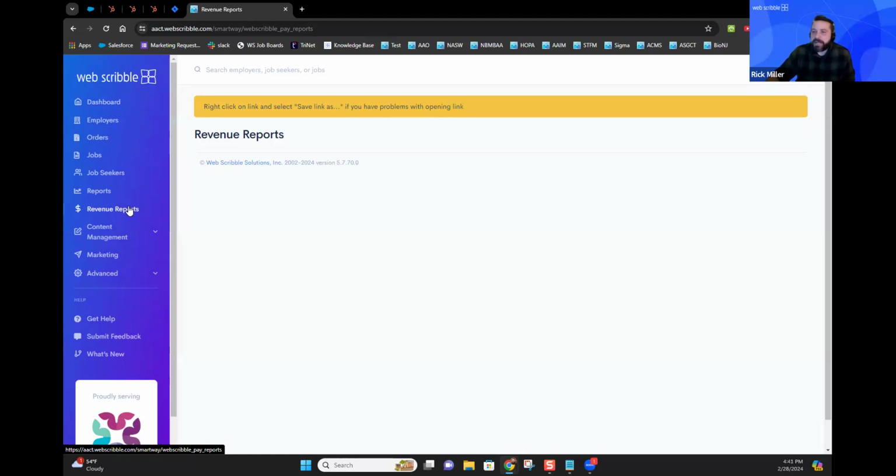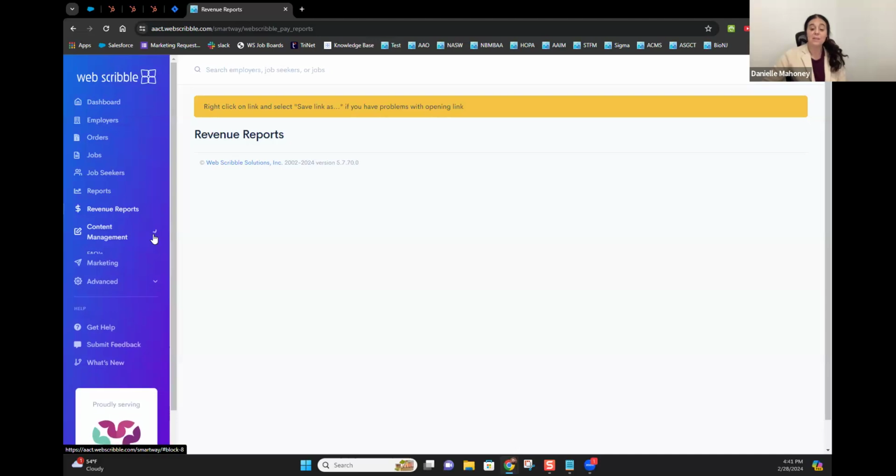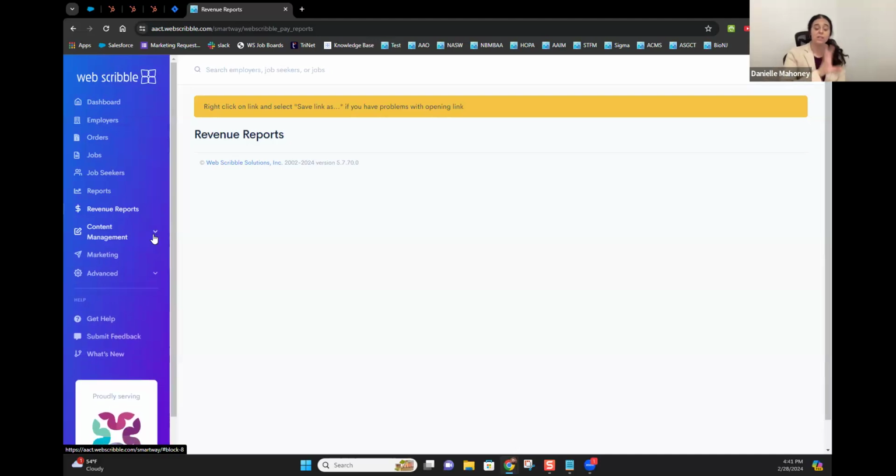I'll go quicker. Revenue reports is basically going to be a snapshot of your monthly revenue, the revenue that the job board brings in. You can export this in CSV as well. This will give you an idea of what your revenue share is with us and give you the totals per month. We list them out in months. So if you want to find February, you click on the link for February and download and export the report. Let me just jump in there. That is typically added to your Smartway 5 business days after the close of the month, so we can close our books, and I know we get that question a lot.